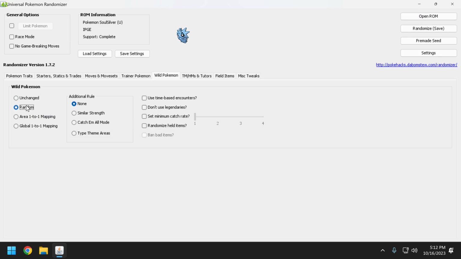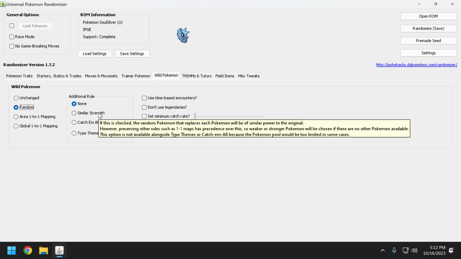So let's say you want to do random, right? Now you have additional rules that you need to consider. So let's say you want to do similar strength. In random, there is a chance that you could get stuff with levels that are kind of out of whack for the area. It's not really something that I noticed happening a lot in the couple hours that I've played in the beginning. But if you put on similar strength, you tend to get significantly lower level Pokemon really throughout